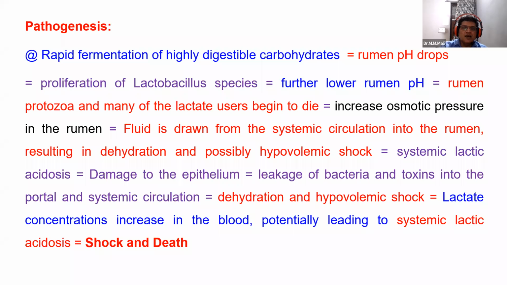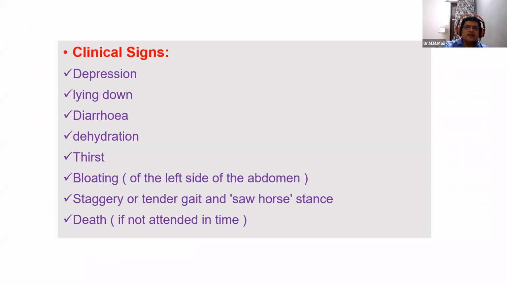But the main thing is that as the condition occurs, if the animal has access to the highly fermentable carbohydrate, the condition develops depending on the amount and the nature of this grain or the carbohydrate. The clinical signs we all know very commonly: there will be depression, lying down, diarrhea, dehydration, the animal always having increased thirst, bloating,